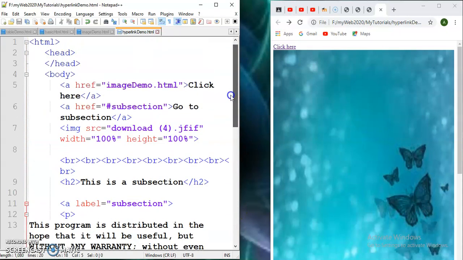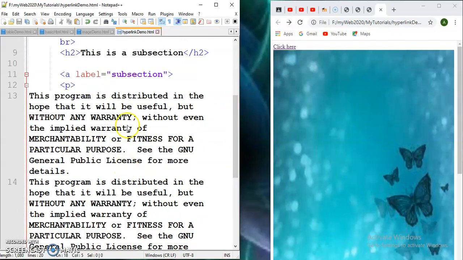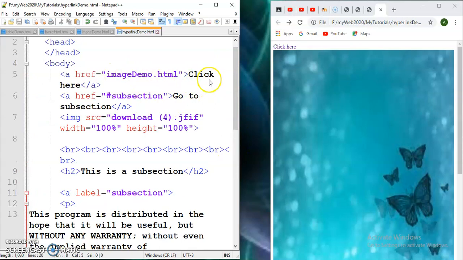What I am doing here is, when the user clicks on "go to subsection", the control goes to the subsection of the same page, and if I click here on the text, then we go to this page. So, go to subsection. I think it's done here.